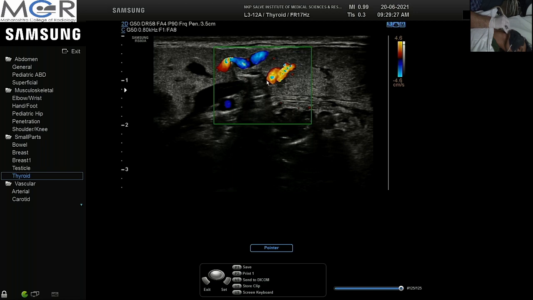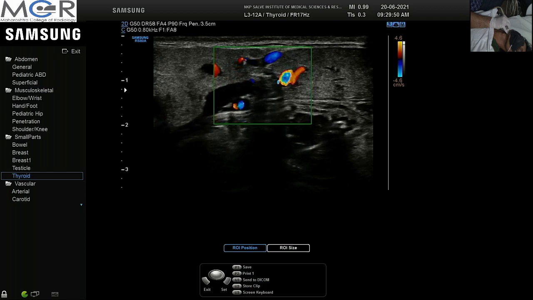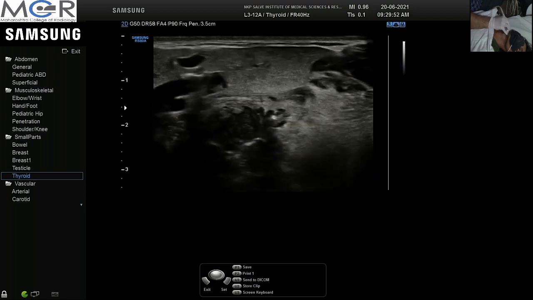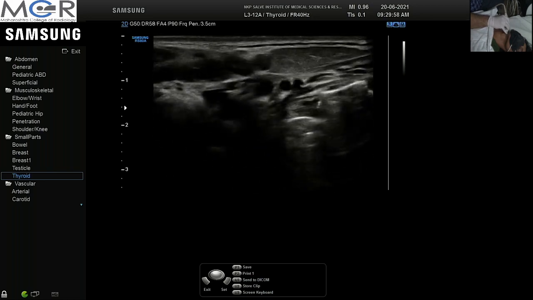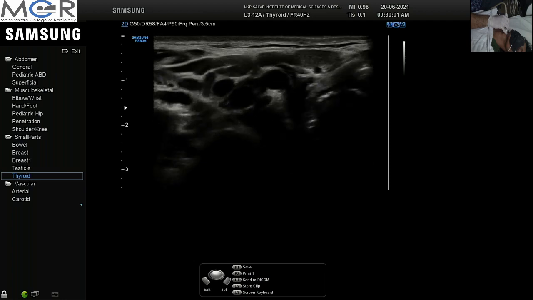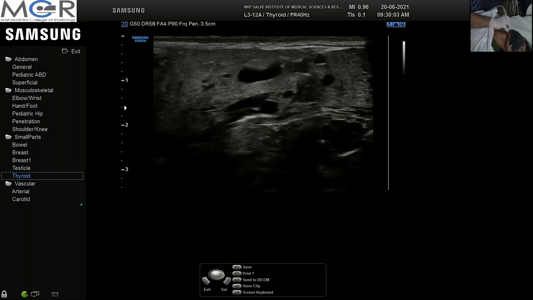One clue to the origin of the lesion could be the displacement of the facial vein. If the facial vein is displaced laterally, then it can point to the diagnosis that the lesion is arising from the submandibular gland. If the facial vein is displaced medially, it might suggest that the lesion is arising from the parotid gland. Of course, nowadays coronal MR would be a better option, but this is just a guide. The submandibular space continues downwards into the upper cervical space. But we go now to the parotid space.